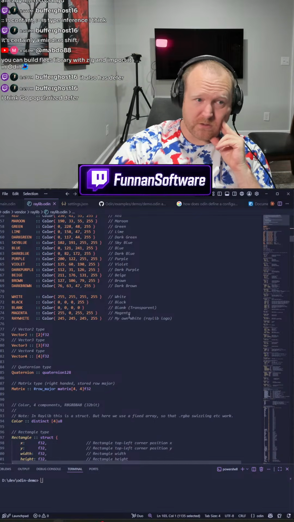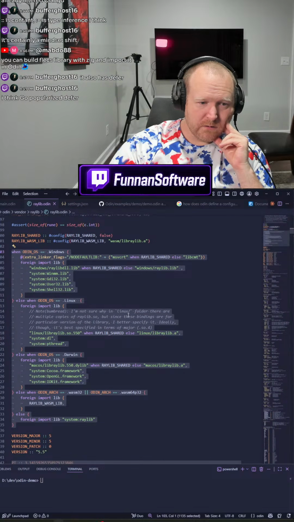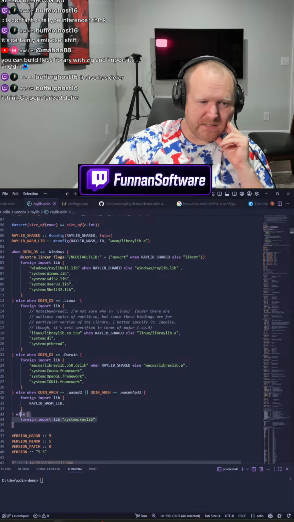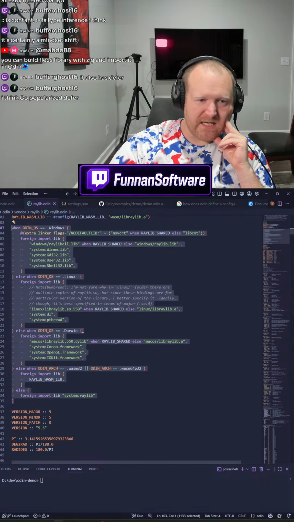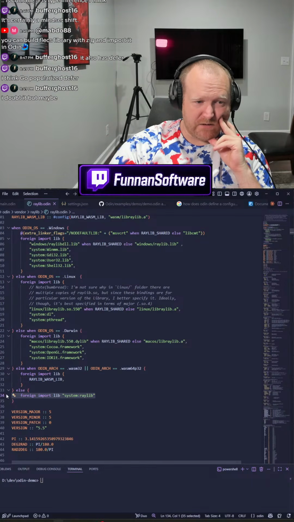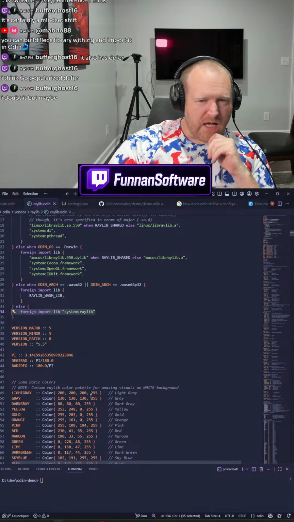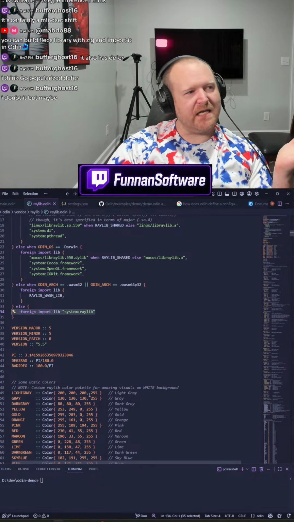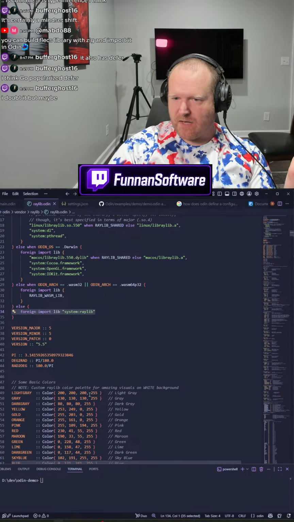Does Odin compile to Android? I'm not seeing Android here. That doesn't mean anything. It just means I would have to handle it myself. I guess for it to compile to Android, it needs to support the Android NDK, which is LLVM.